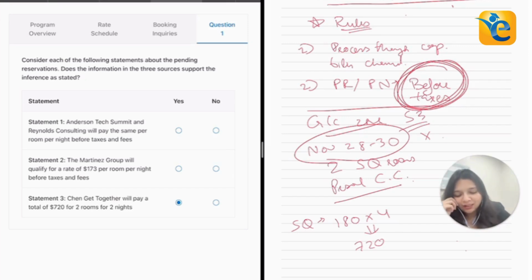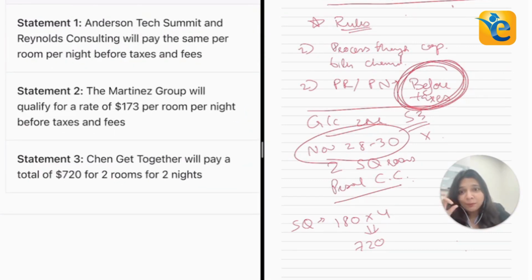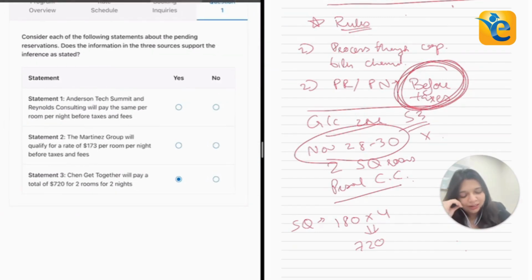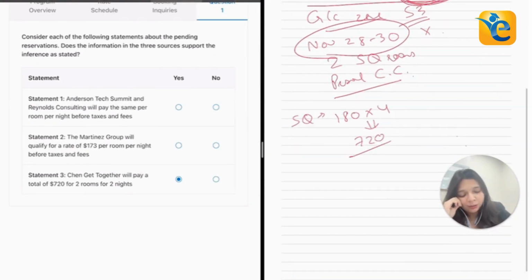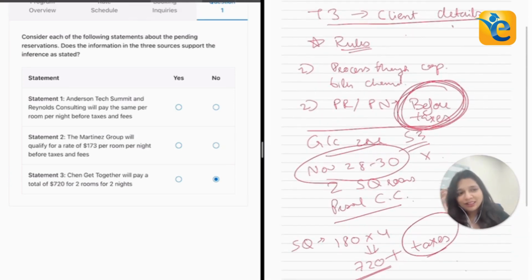It is before taxes. What is statement 3 saying? That Chen Get Together will pay a total of $720. But in this case, they're clearly paying a total of $720 plus taxes. So is this correct? No, it is incorrect. And because we had made a list of rules, because we had mapped it out, we could identify that it